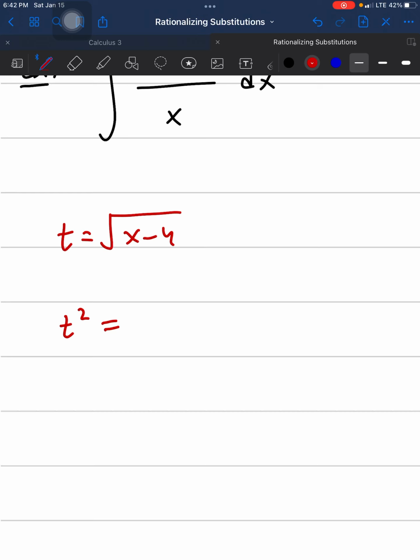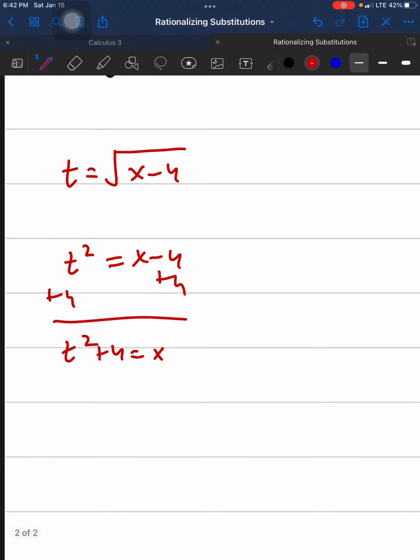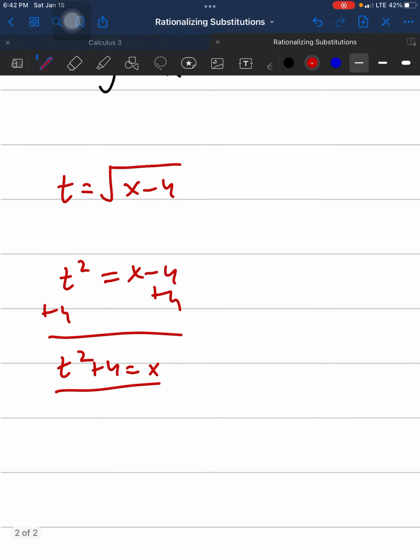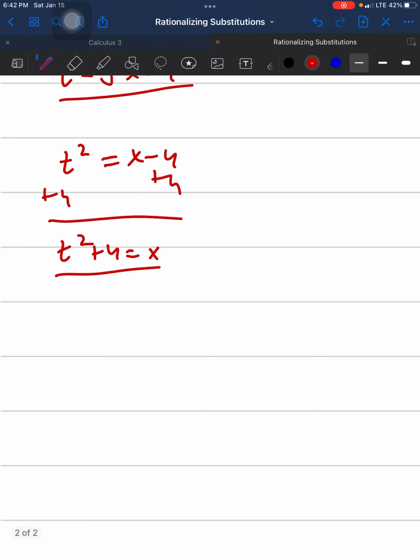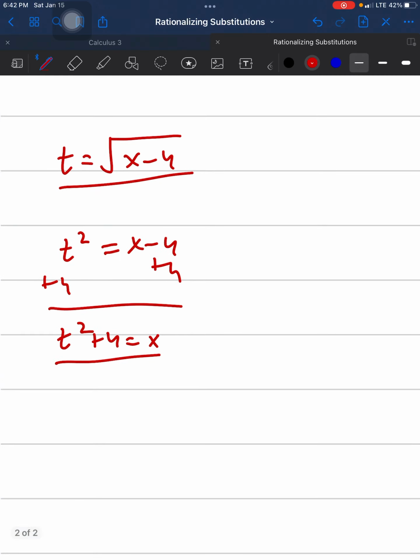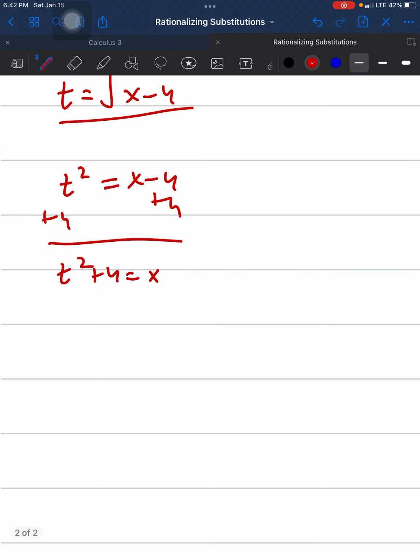All we have to do is square both sides to get rid of the root. We get T squared equals x minus 4, add 4, add 4. We get T squared plus 4 is equal to x. So we have x right here, we can substitute that for x. We have T right there. Once we get to this point, once we get to T squared plus 4 is equal to x,